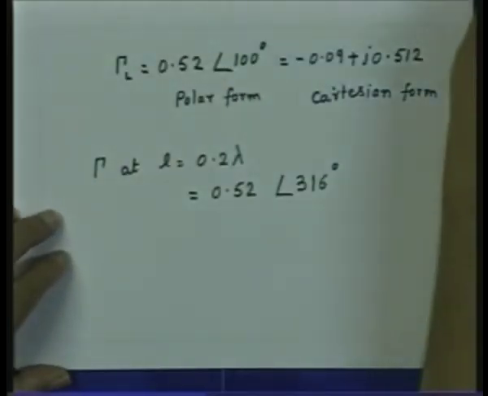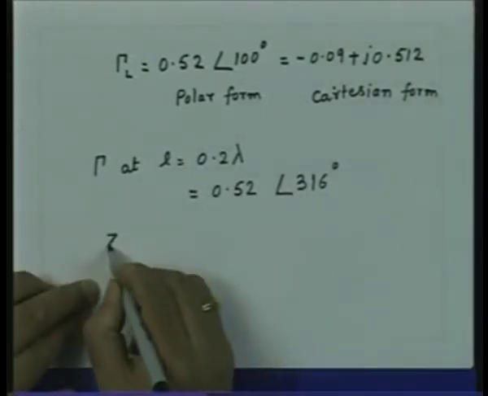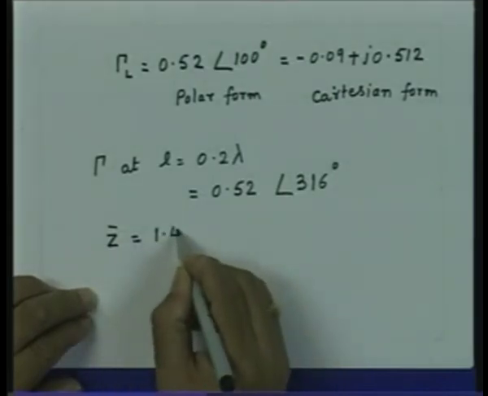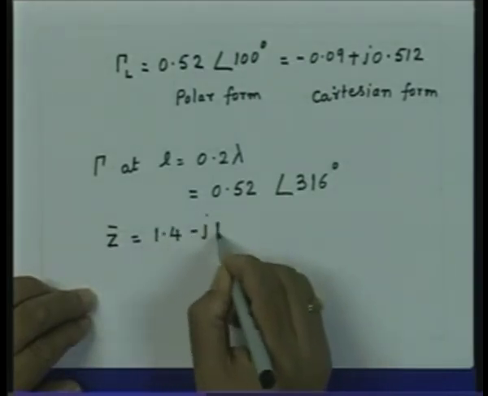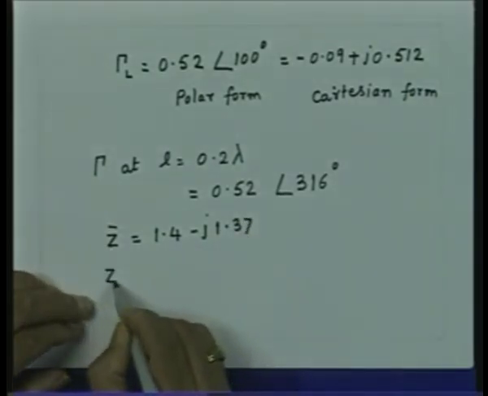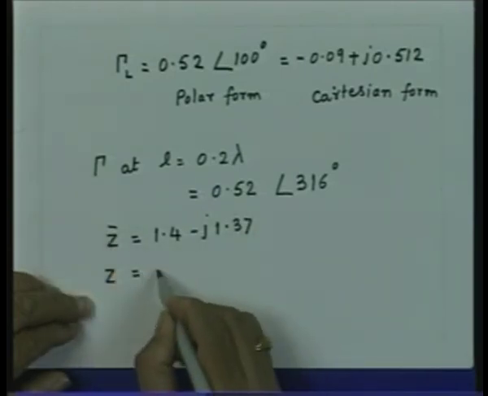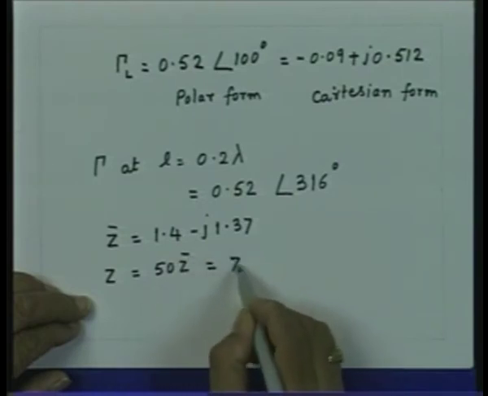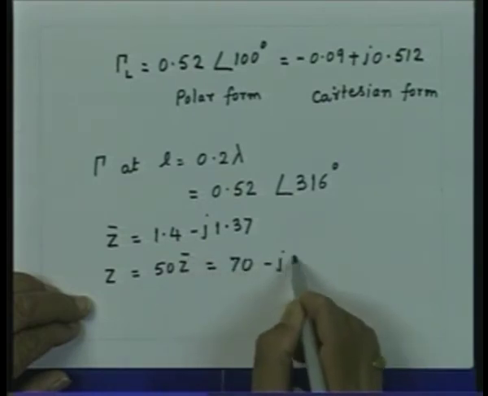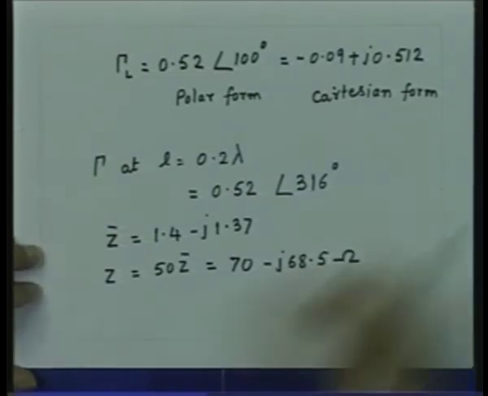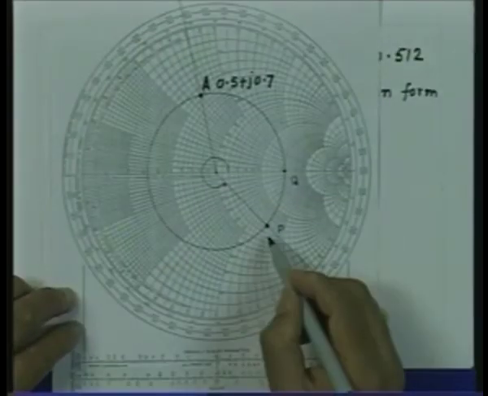So, from here I can get the normalized impedance Z bar, that will be 1.4 minus j 1.37. So, multiplying by 50 ohms, the impedance at that location will be 50 into Z normalized, that is equal to 70 ohms minus j 68.5. So, the impedance at this point is 70 minus j 68.5 ohms,